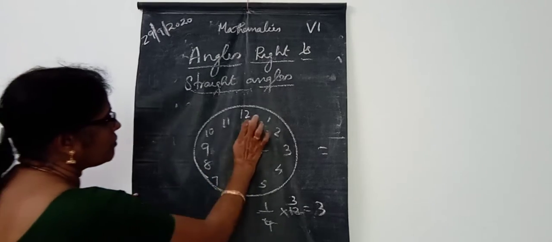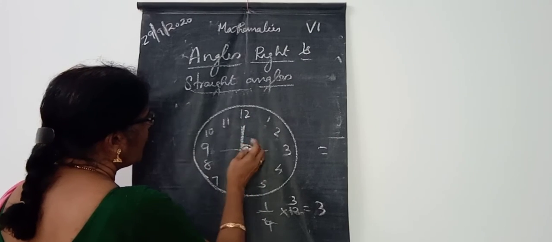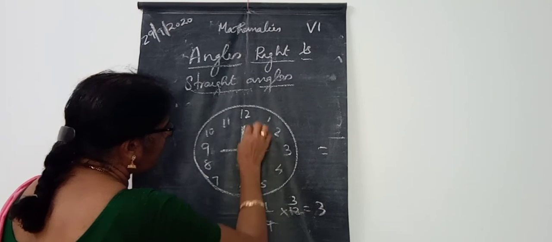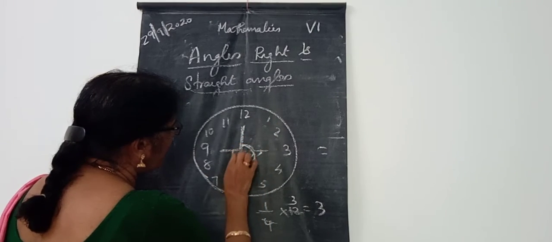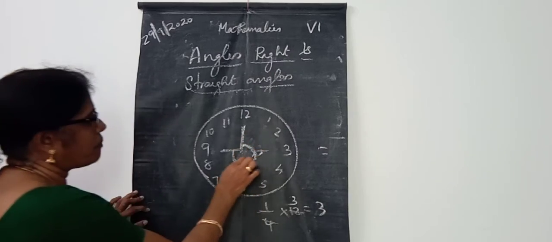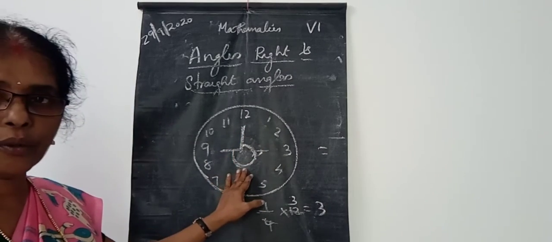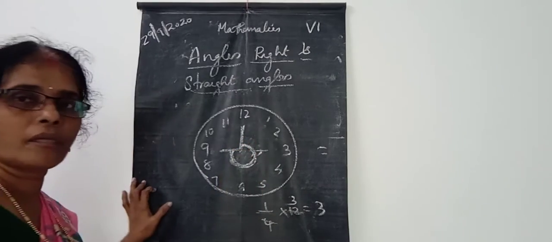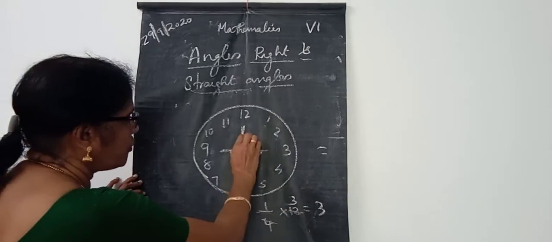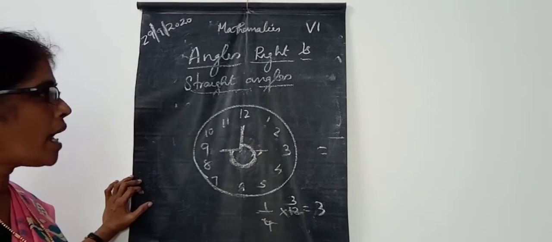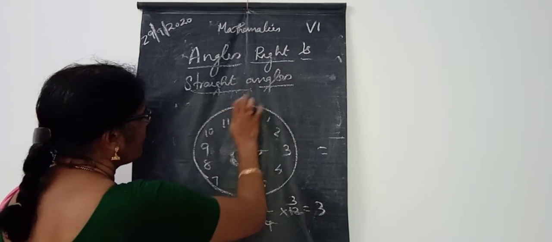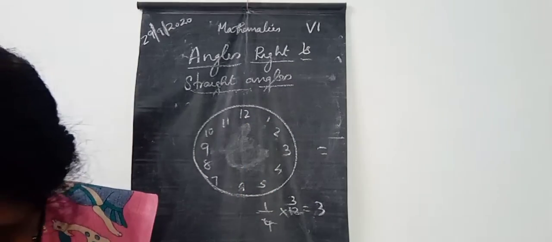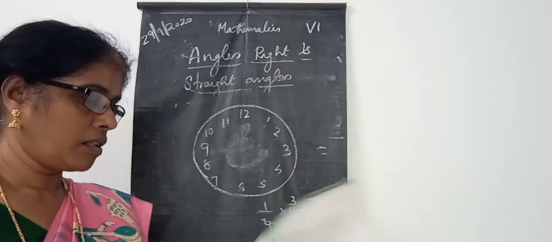And if we take this one, okay, 9. From 12 to 9, that is 3/4 portion. Because 12 to 9, that is 3/4. And next one, 3, 6, 9, that is portions.